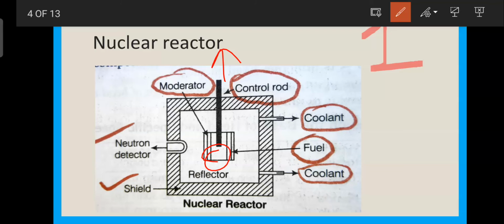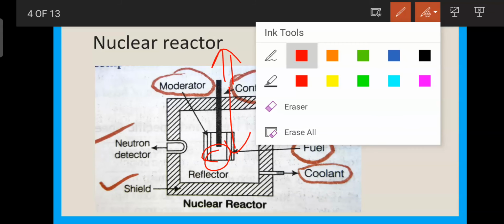Again, while the control rod is pulled off, the availability of fusion neutrons becomes more, which increases the rate of chain reaction. Hence, it is clear that by adjusting the position of the control rod, the rate of nuclear reaction can be controlled, and consequently the generated electrical power can be controlled. As per our load demand in actual practice, the pushing and pulling of the control rod is controlled by an automatic feedback system.